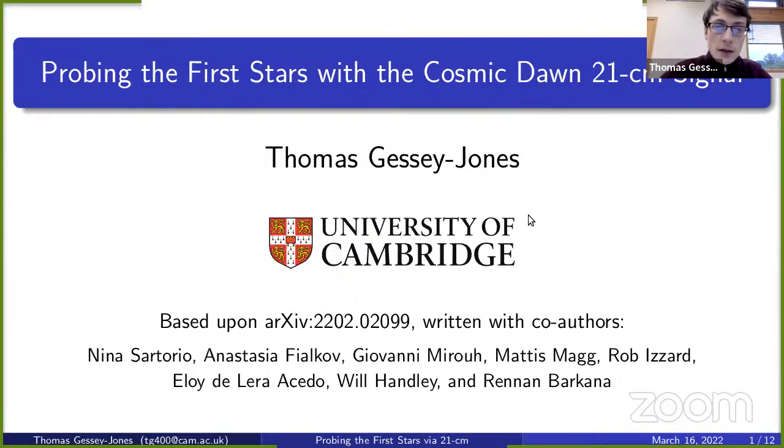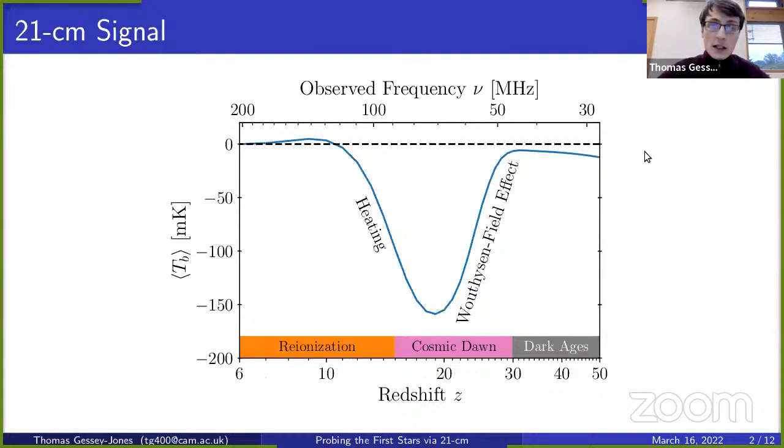And this work was all about whether it's possible to use the cosmic dawn 21 centimeter signal to probe the first generation of stars, the so-called POP3 stars. Now, you've seen plenty of introductions to the 21 centimeter signal by this point in the conference, so I'm not going to go into too much detail, but the bit I would just want to draw your attention to for